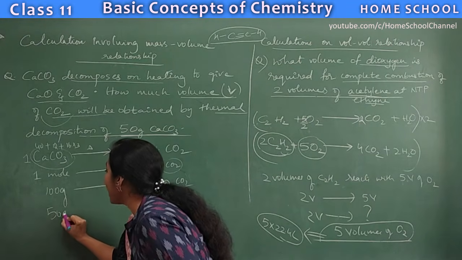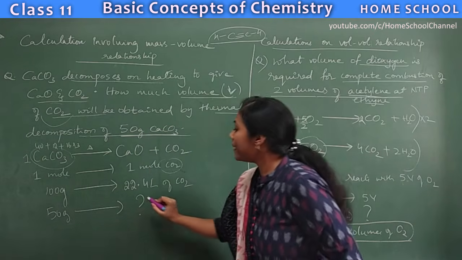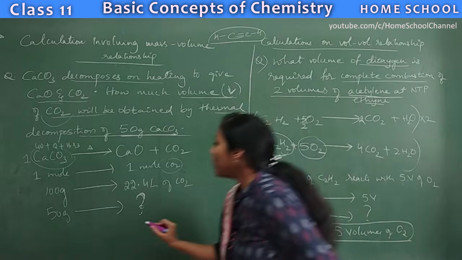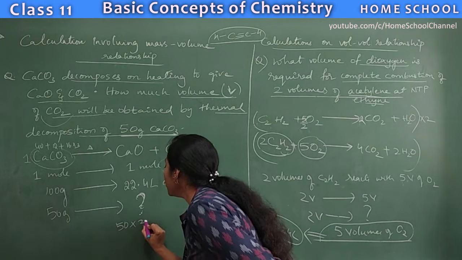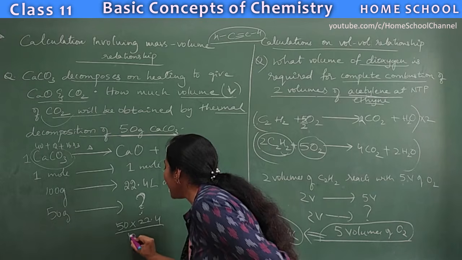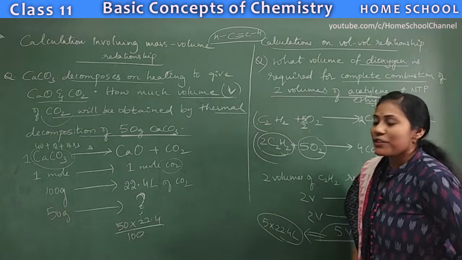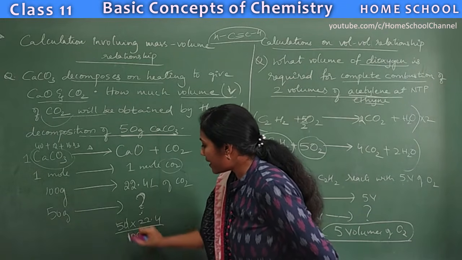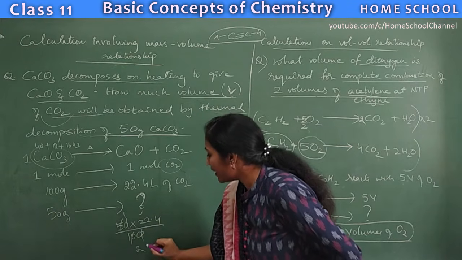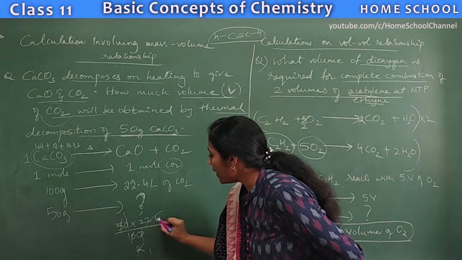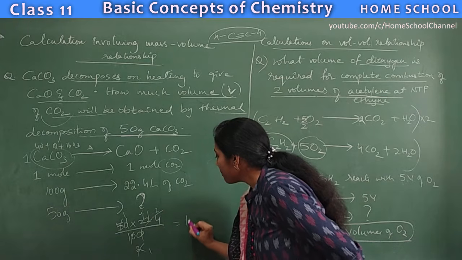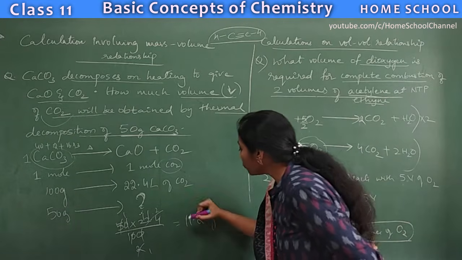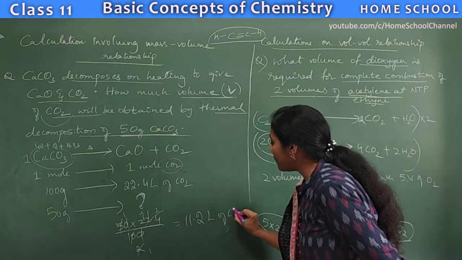Now if you have 50 grams, then how many liters of carbon dioxide you will get? Just a matter of cross multiplication, right? So how do you calculate? 50 into 22.4 divided by 100 you have to do. Okay, so that's it. So how much do you get here? So 0 gets cancelled, 1s are 2s are, 1s are 1.2. So that means your answer is 11.2. So you will have 11.2 liters of carbon dioxide.